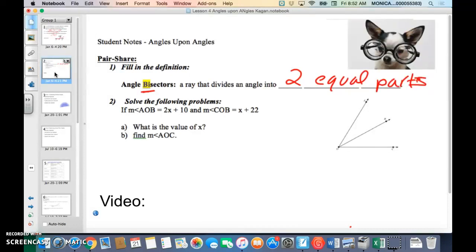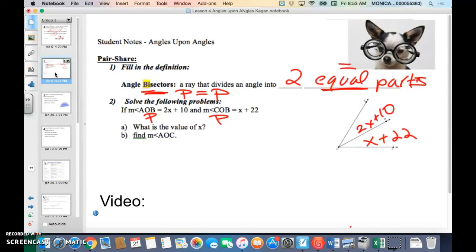All right, so if we were to solve this problem, the first thing I'm going to do is label what I know. So AOB is 2x plus 10. That's going to go here. And COB, well, that's the other part. So I know this is a part and this is a part. And COB is x plus 22. Now, having said that I know that it's a bisector, we're going to set up as part equals part because it divides it into two